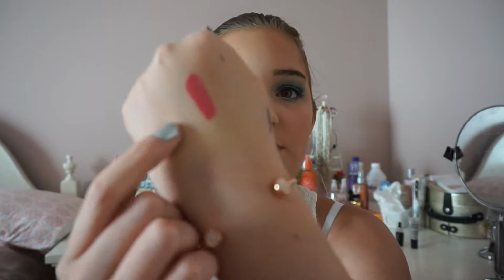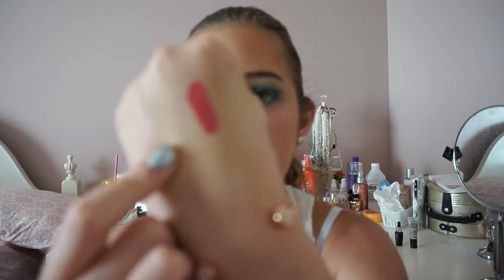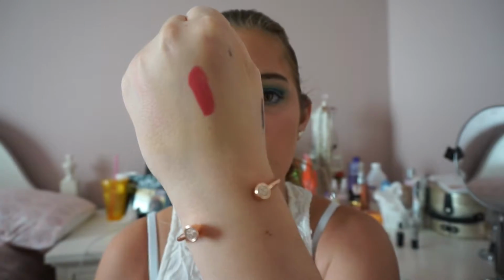I'm sure they had shades in the box, but this is 547. That's the number, and that's what 547 looks like. It's just a really pretty rose pink tone. I really like that, and it just looks really neutral. And then right beside it, I have 574